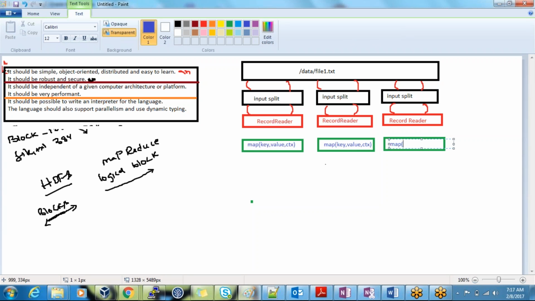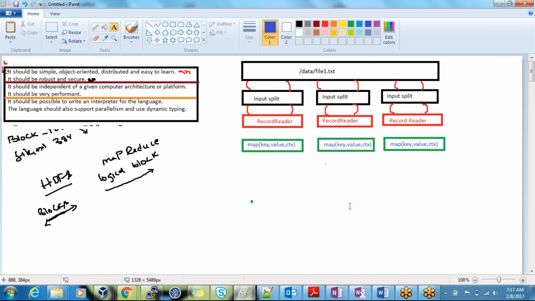Map method: key, value, ctx. So now this map method, every time, the first time, your record reader will give one